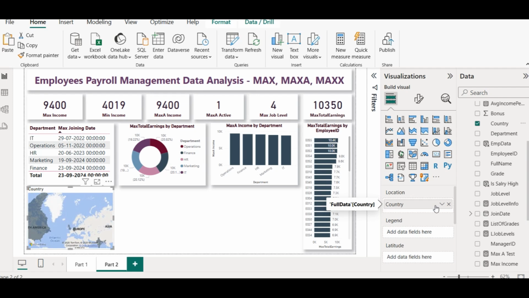Legend we use department. But I am not asking department wise. My question is maximum total earning by country. So basically, just we can